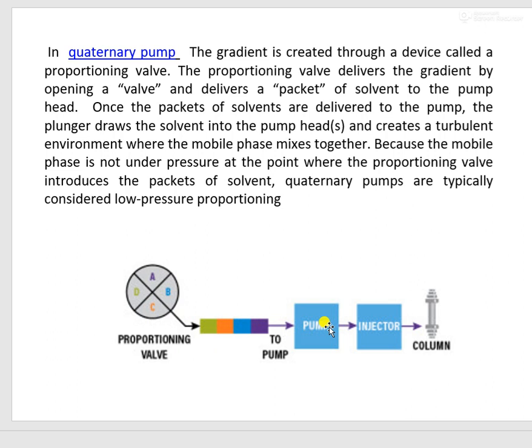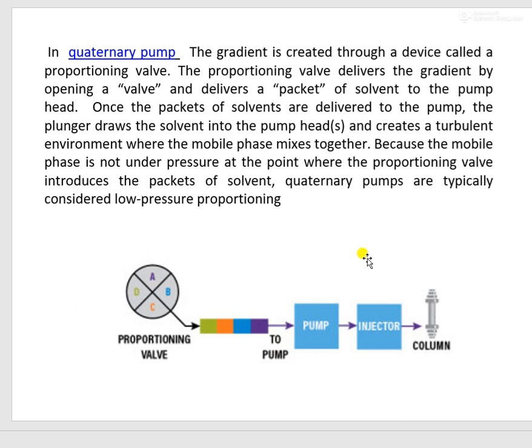So proportioning is done here before the pump. The plunger draws the solvent into the pump head. Now this is the different proportion of 4 solvents which is required, and they all go to the pump head and create a turbulent environment where the mobile phase mixes together. In the pump, they will all be taken and mixed here.